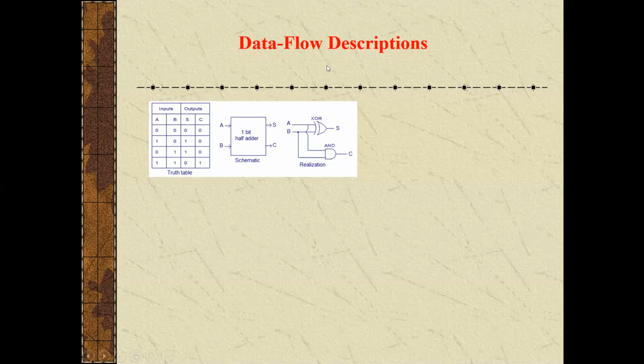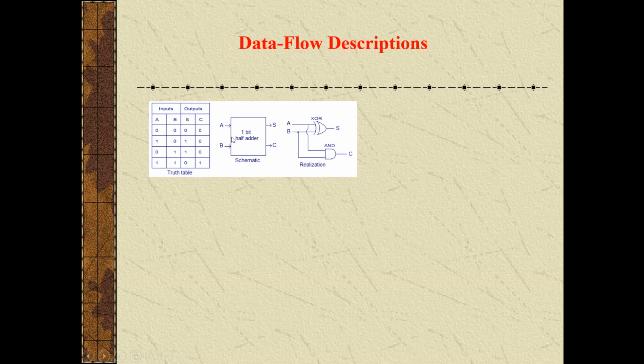We all know how the data flow description program should be written for the half adder system. We have already seen in the previous lecture, while discussing data flow description, how this program is written. But now we have to see how the time delay should be added to this small example. First, see, this is the half adder, which has